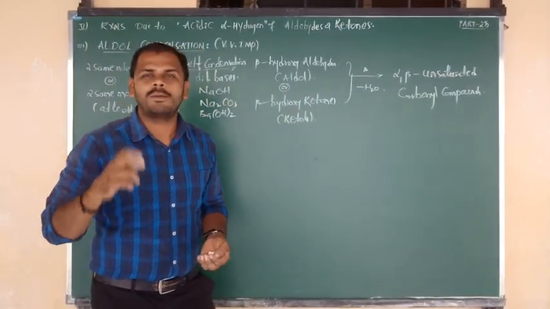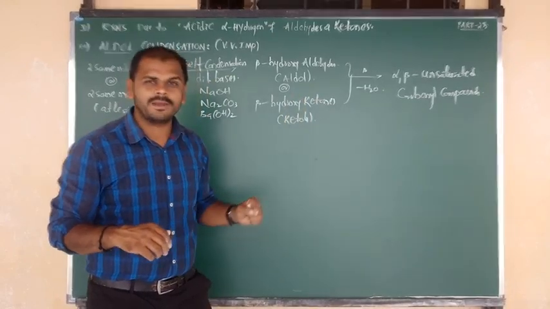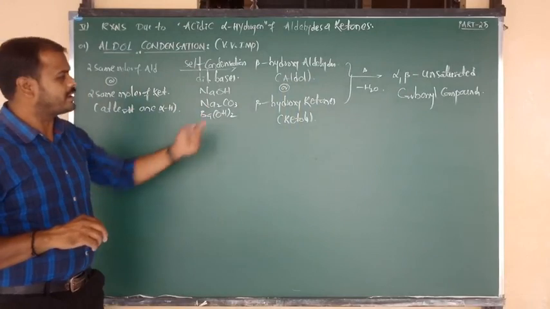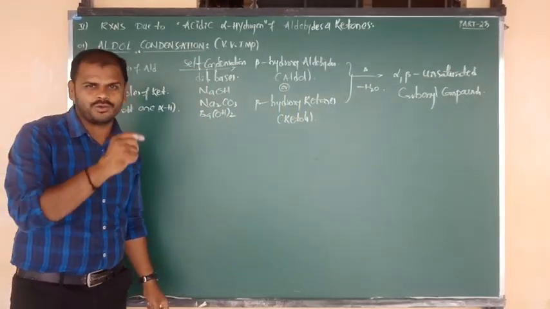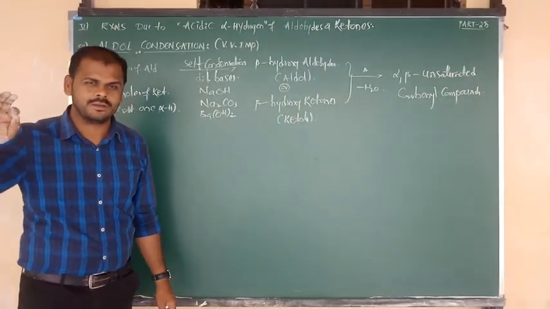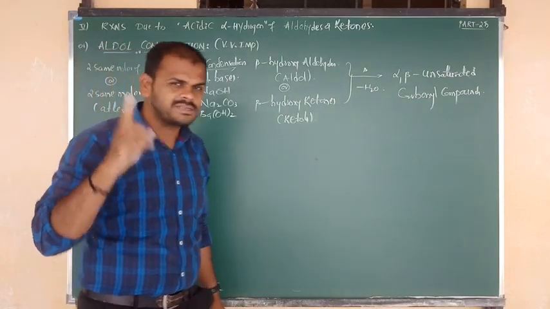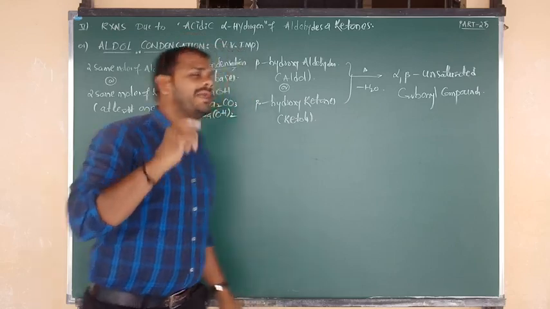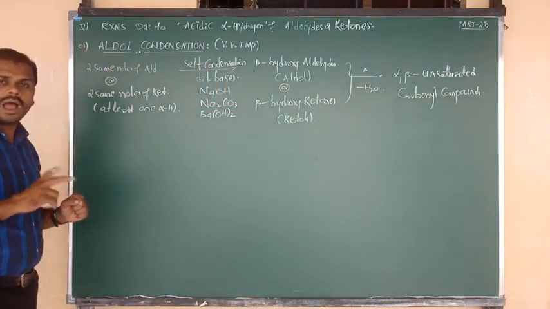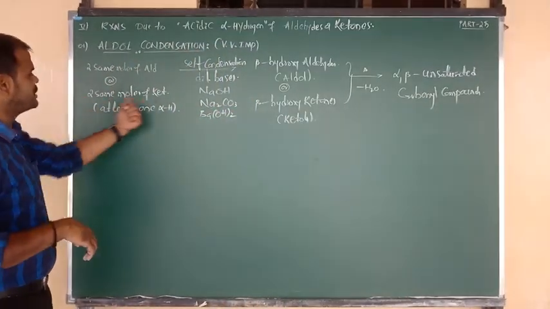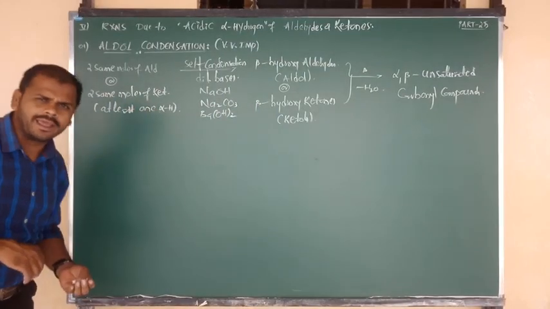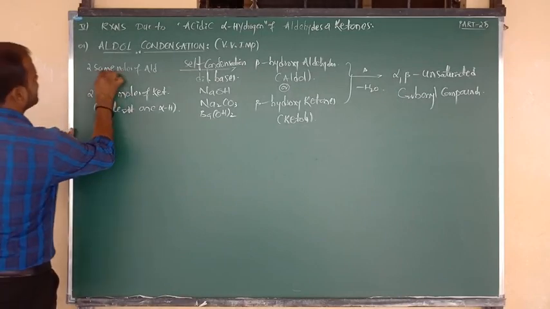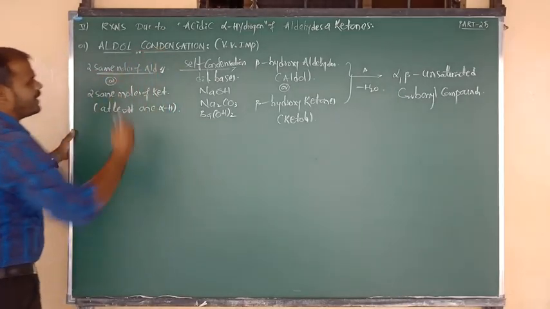So how the double bond is formed between alpha and beta, and how to form the aldol and the ketols, all of this I am going to give you in the form of equations. Listen, here mainly two equations I want to give you. You have to study these two equations 100%. One by taking 2 same moles of aldehyde, and another example by taking 2 same moles of ketones. So shall I continue now? Yes. Reaction number 1 I am going to give you by taking 2 same moles of aldehyde.